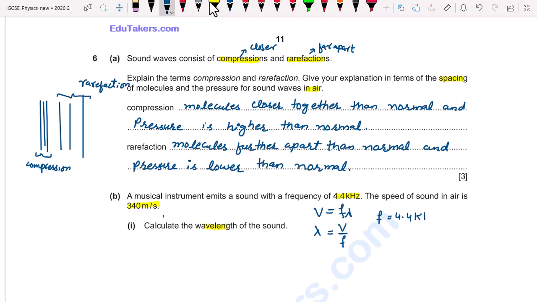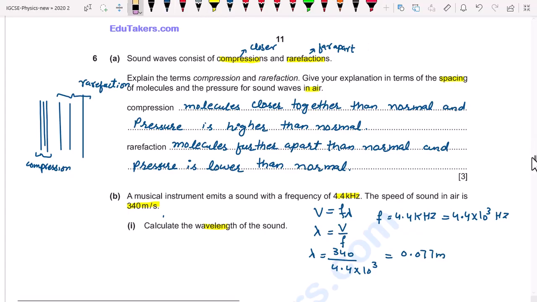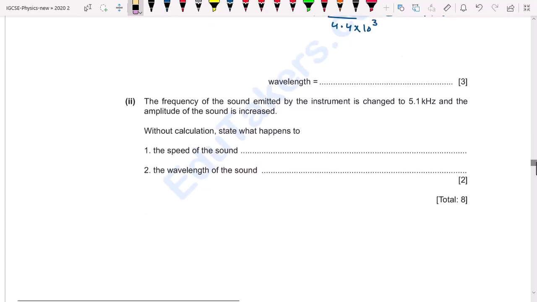4.4 kHz, and it is equal to 4.4 × 10^3 Hz. So the wavelength comes to be 340 divided by 4.4 × 10^3, and it comes to be 0.077 meters. So the wavelength is 0.077 meter. So I write here